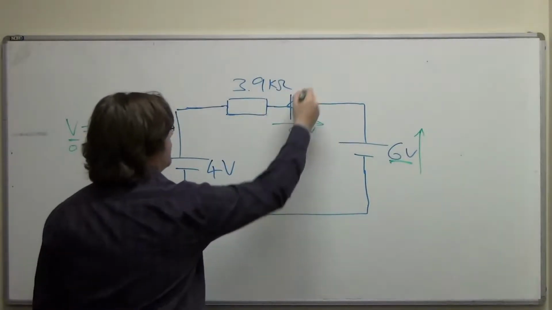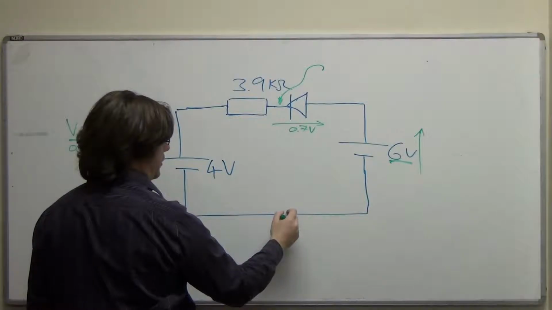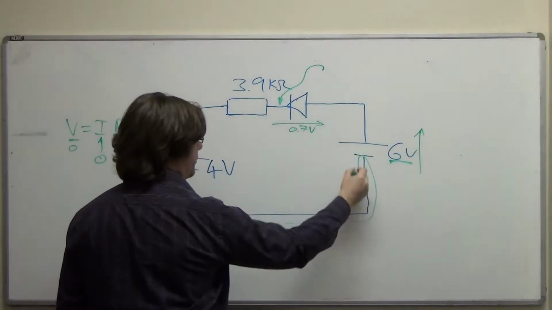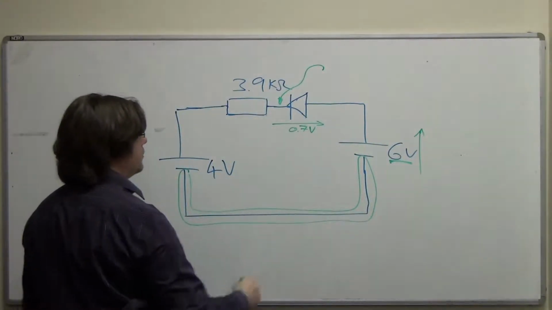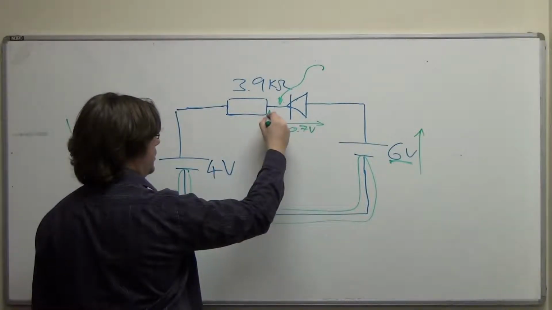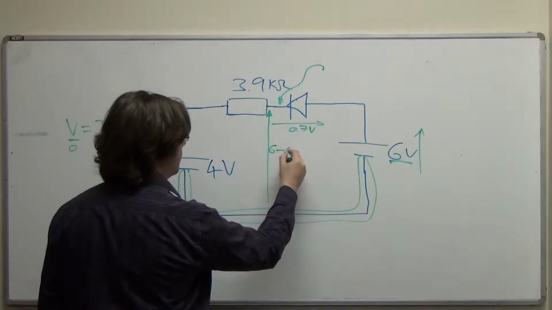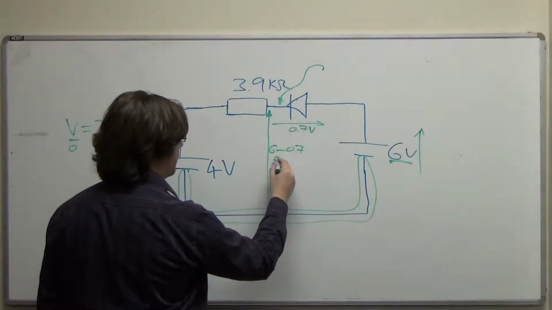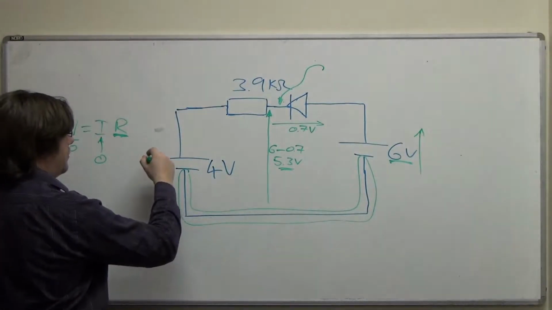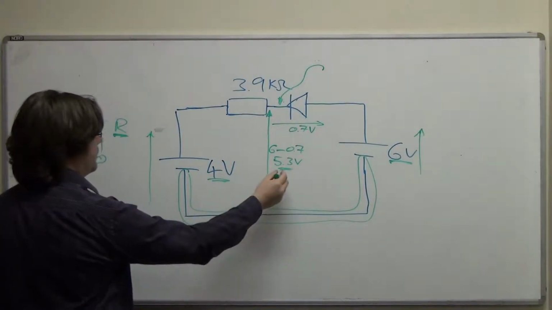So that means that this point here, with respect to this point here, this is our reference, this big bit here, this is our reference. So this node with respect to that node, so I could draw that as that voltage there if I wanted to, is going to be 6 minus 0.7, which is 5.3. And I know that this is 4 volts because it's there. So that means I can do that less that,